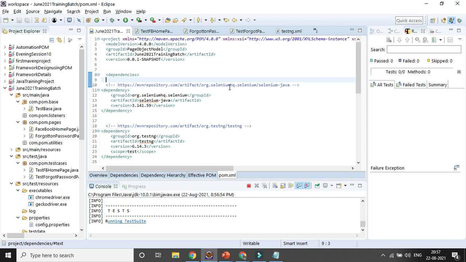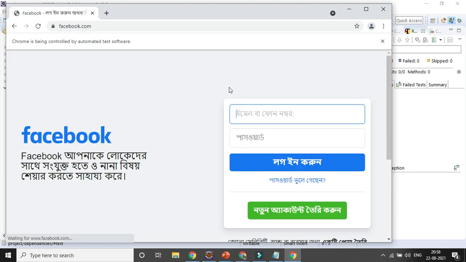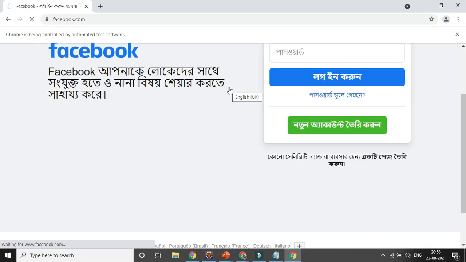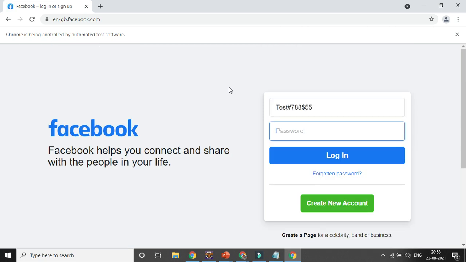What does it do in clean actually? Suppose some history is there, suppose you already executed last time, it will first clean the repo, all the details from that path. I will show you, the target path, everything will be cleaned, deleted. Okay.